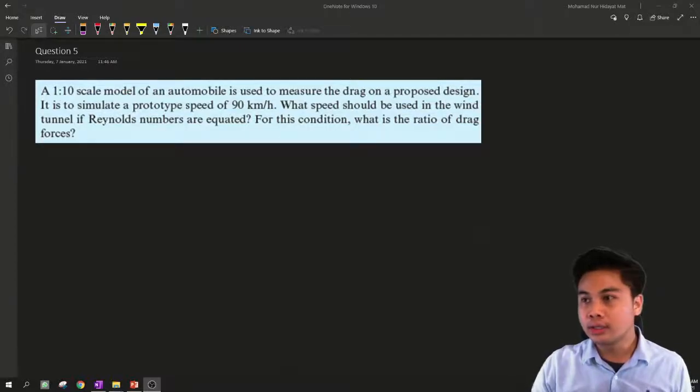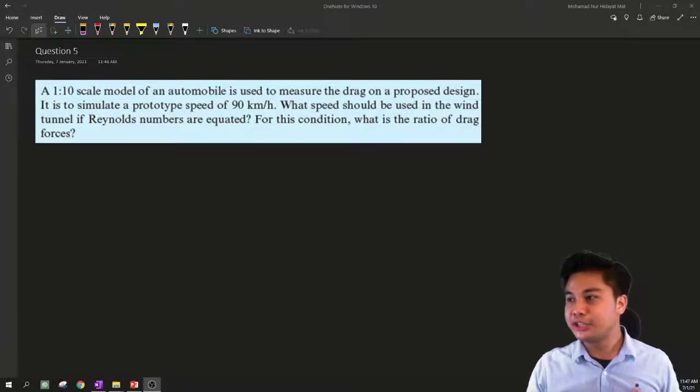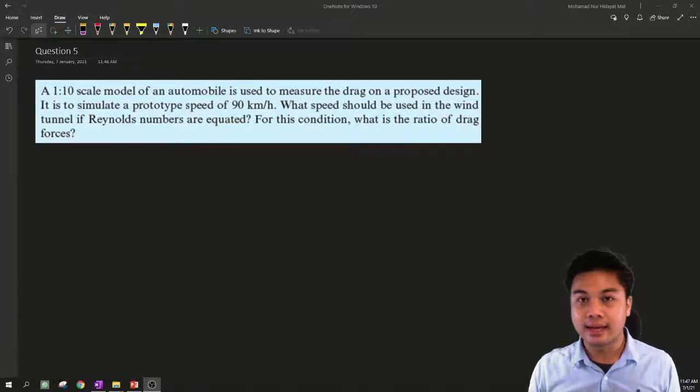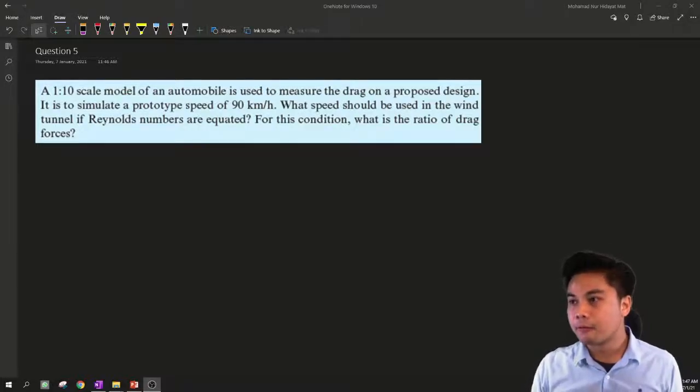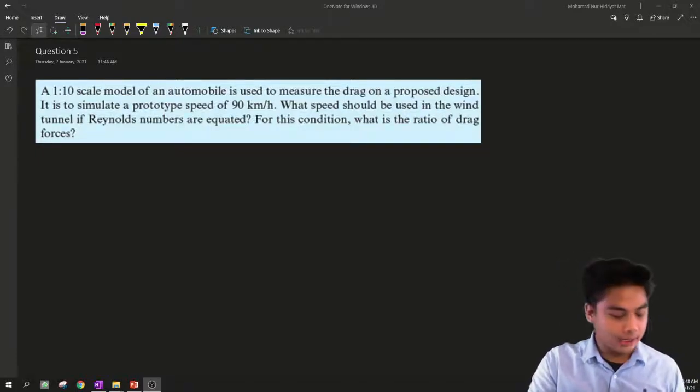Today we have a question. A 1:10 scale model of an automobile is used to measure the drag on the proposed design. It is to simulate a prototype speed of 90 km per hour. What speed should be used in the wind tunnel if Reynolds numbers are equated? For this condition, what is the ratio of the drag force? So here the question asks,